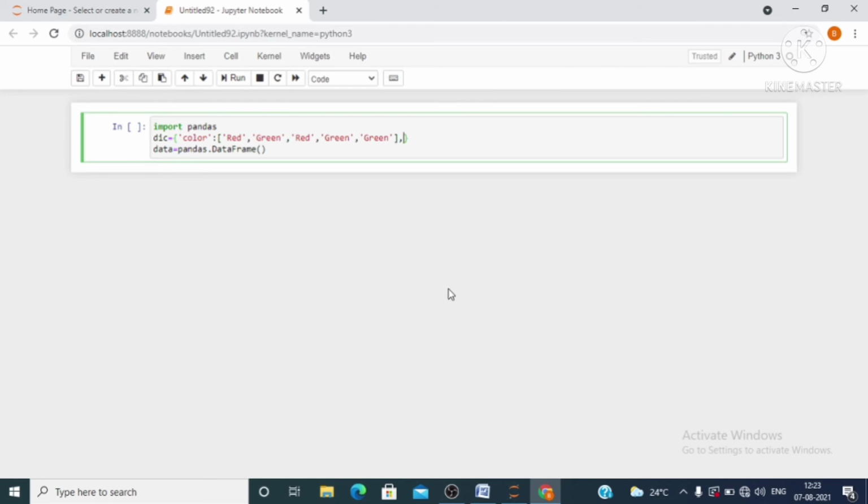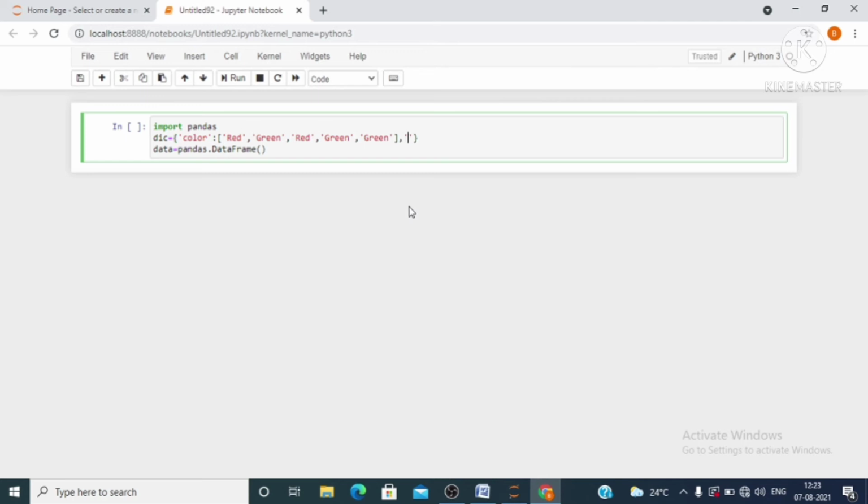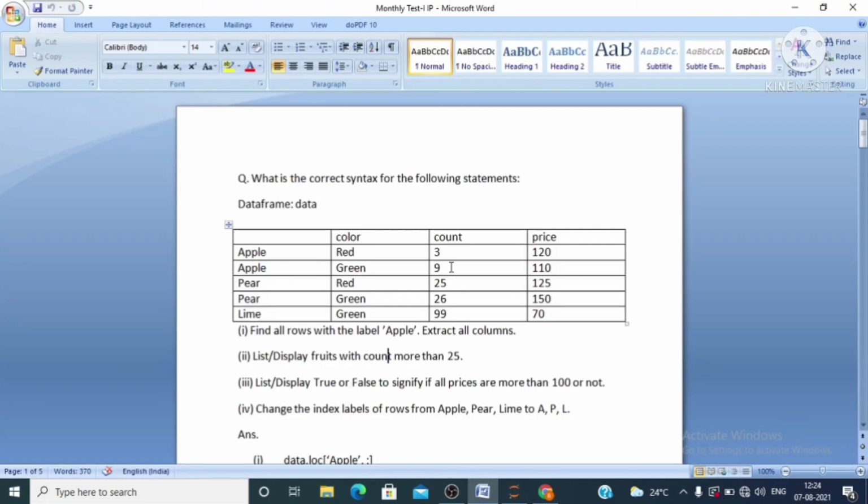So second element, similarly we will create for second column. So second column is for count. So key is count, having values 3, 9, I think 9 is the second one, then 25, 26, 99.